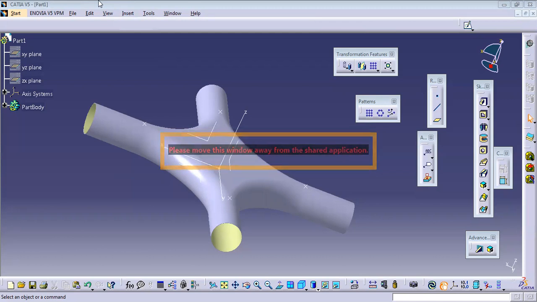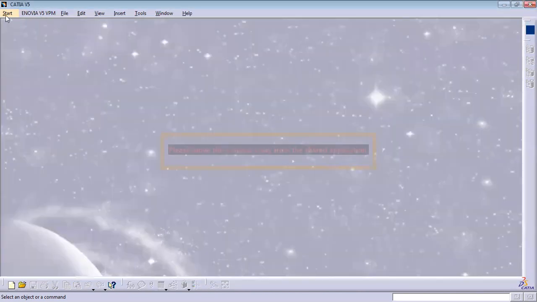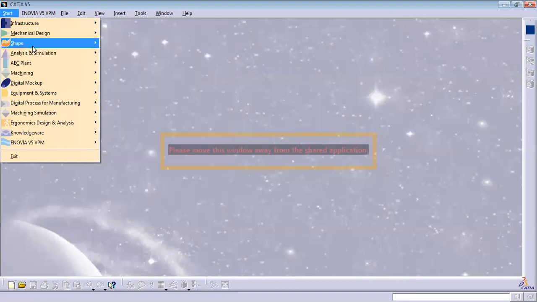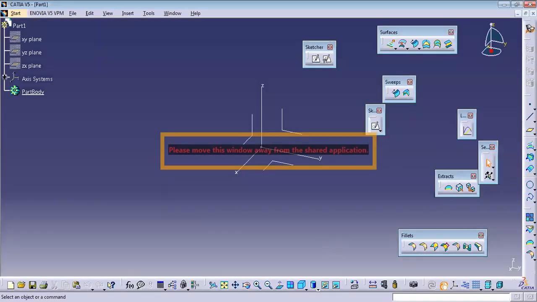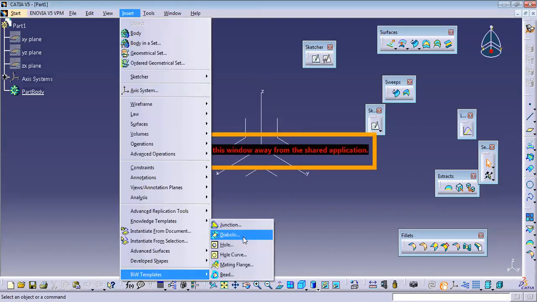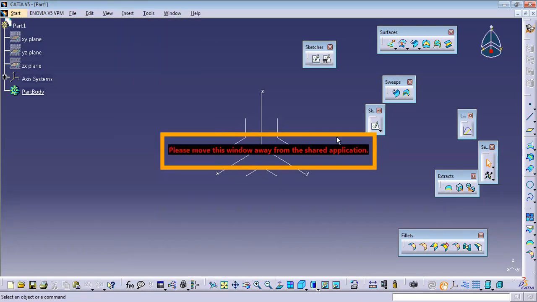Okay, so you got it right, how junction works? Yes, sir. Okay, so now the remaining things are very easy. They are the easiest things you have ever seen in CATIA, I guess. The next tool we have here is nothing but your Diabola. So this Diabola, if I start doing this, you'll get to know.